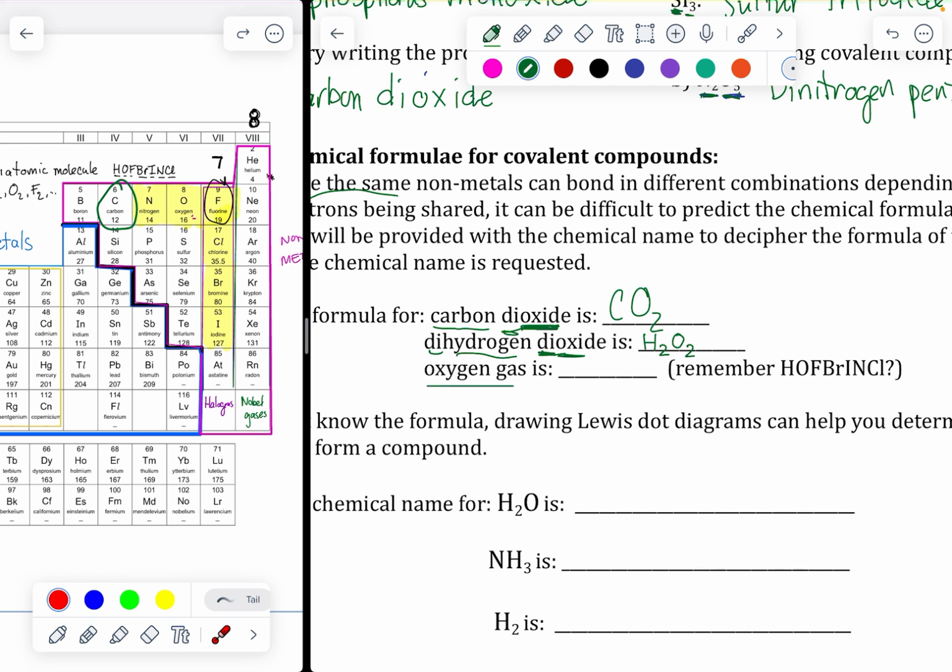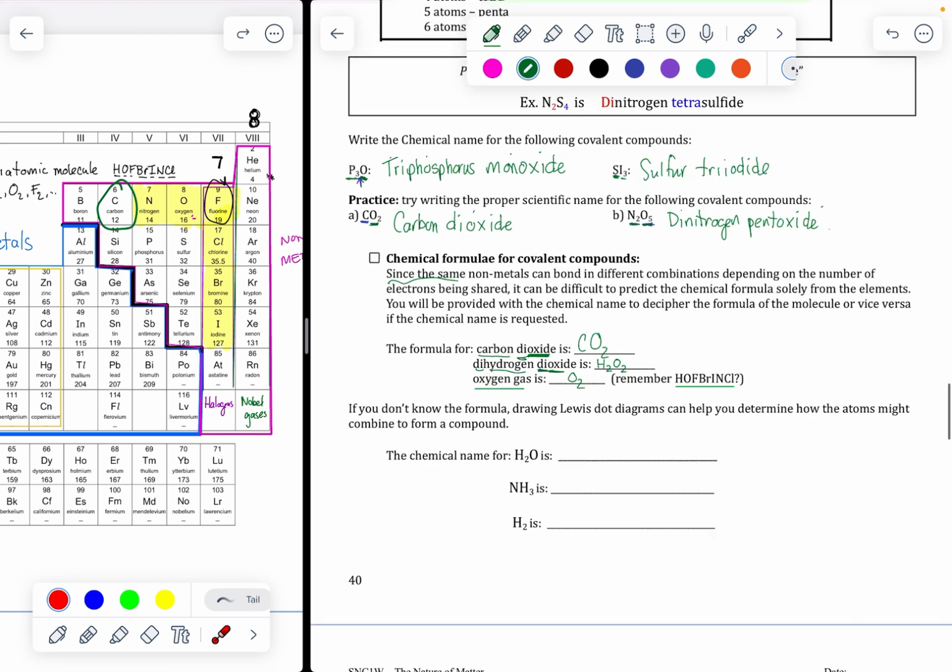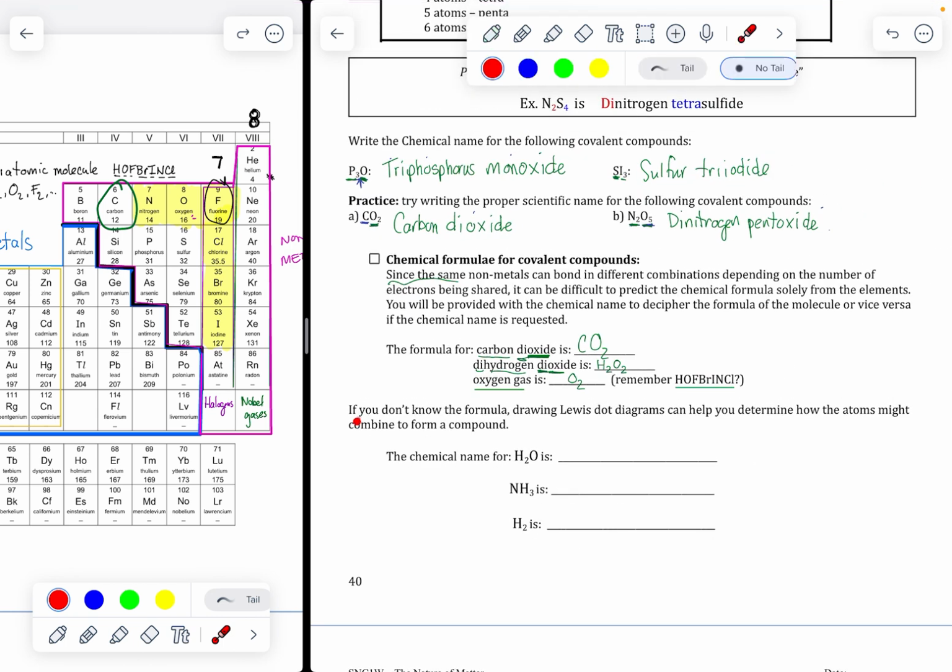Oxygen gas is one of those diatomic molecules we had. So we had those Hofbrinkel ones we labeled on our periodic tables. So oxygen gas is O2. That's a special case. If you don't know the formula, drawing the Lewis dot diagrams can help you determine how atoms might combine to form a compound. So the chemical name for H2O